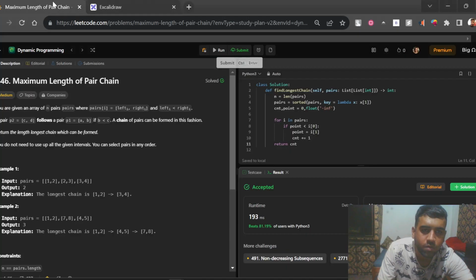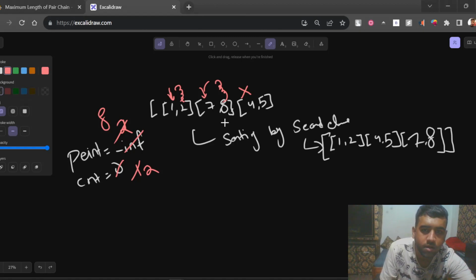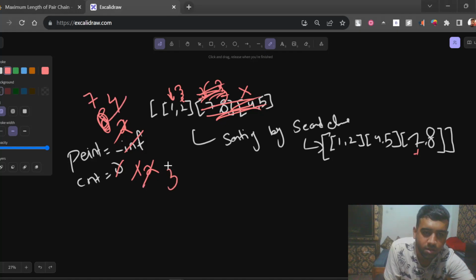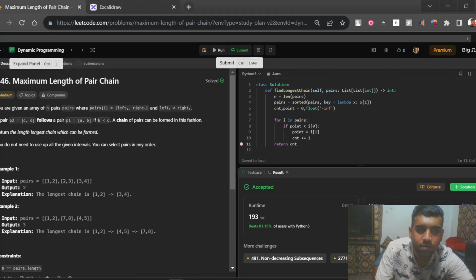So this is how it was working. Sorry, we were considering this, but we have to consider this: 2 is less than 4. So the point will become 4, and then we check if 4 is less than 7. Yes, 4 is less than 7. So the point will become 7, and the count will become 3. So this is how it was working. That was it. I hope you